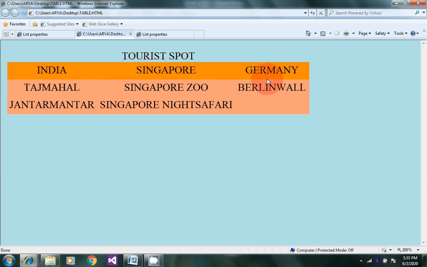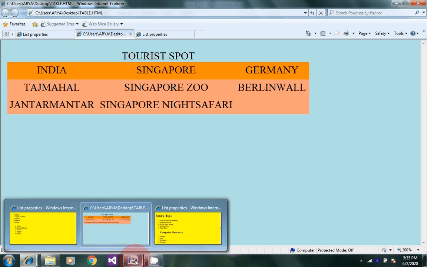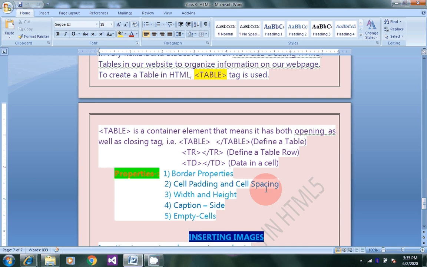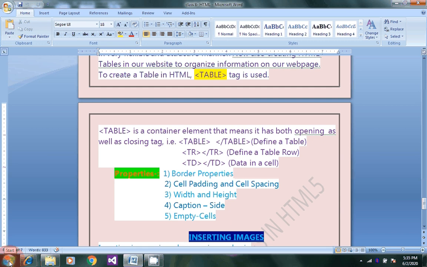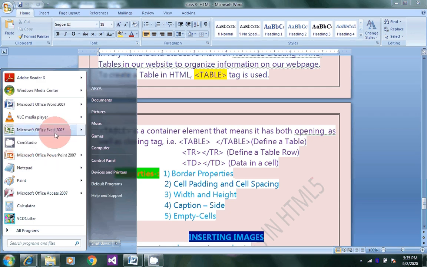Now we are going to discuss the cell padding and the cell spacing. There are two attributes called cell padding and cell spacing, which you use to adjust white space in your table cells. First of all, you see this in the Excel table.